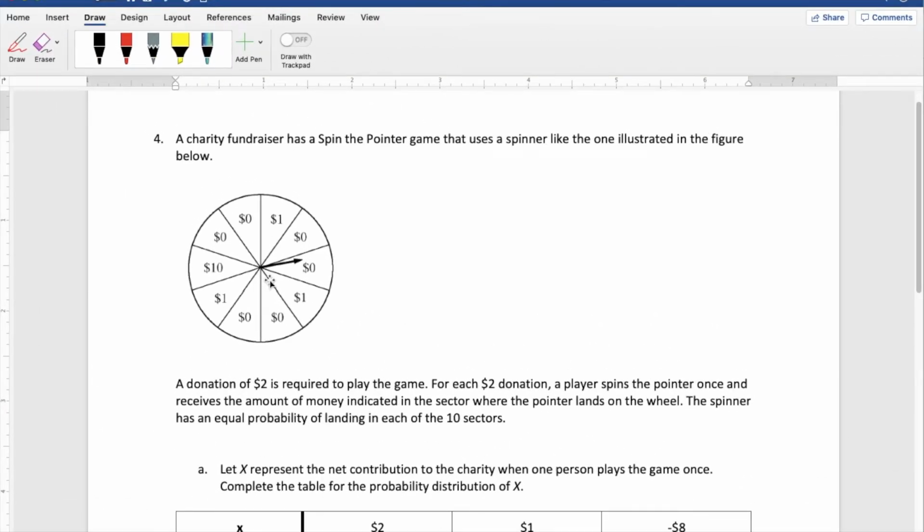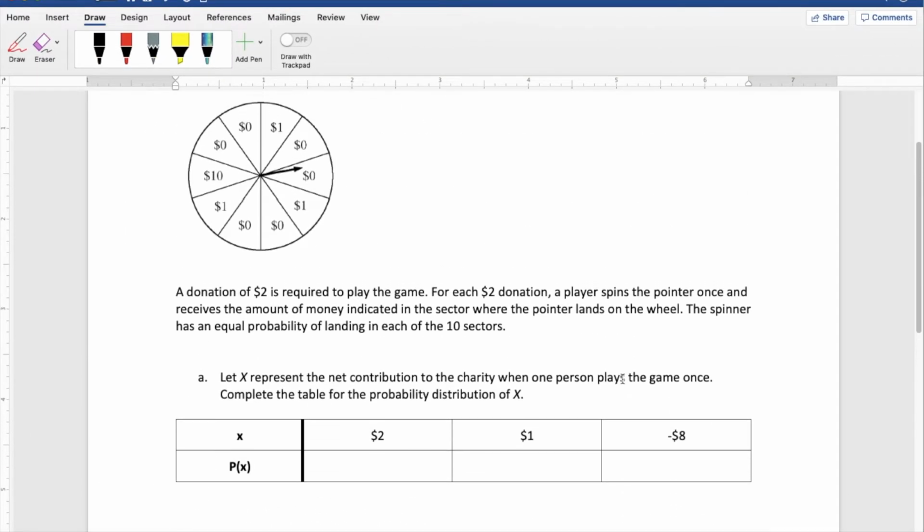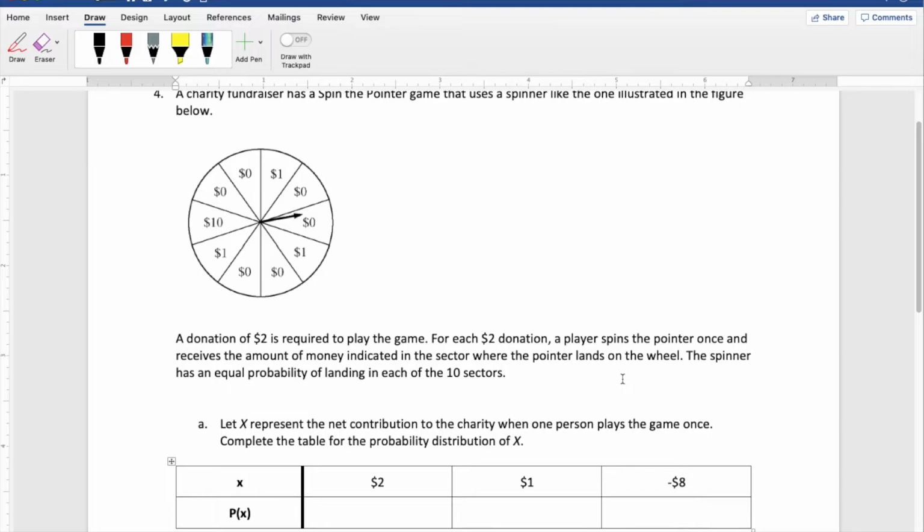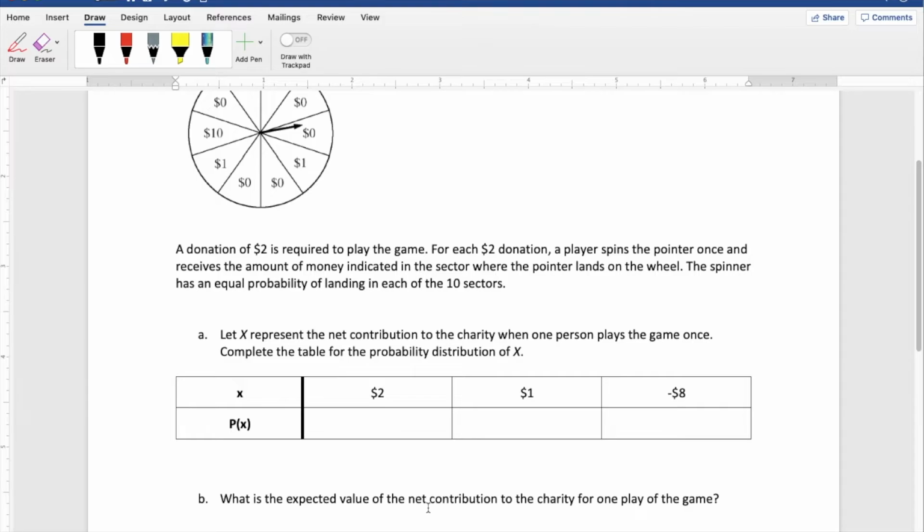So number 4, we're talking about the spin the pointer game. It says a donation is required to play the game, and then for each $2 donation, this player spins the wheel and receives the amount of money indicated in the sector. The spinner has an equal probability of landing in each of the 10 sectors. And then A says let X represent the net contribution to the charity when one person plays the game once, and complete the table. So what we have to realize is that someone is donating $2 to play the game,